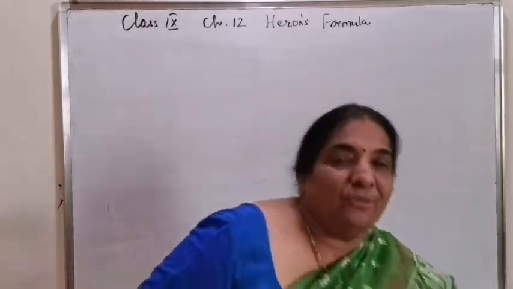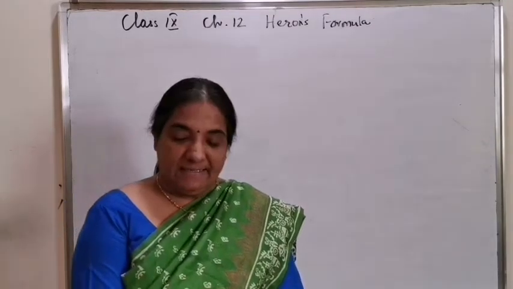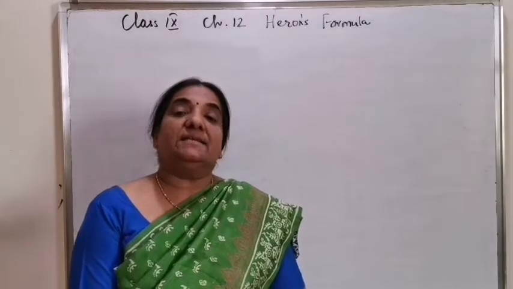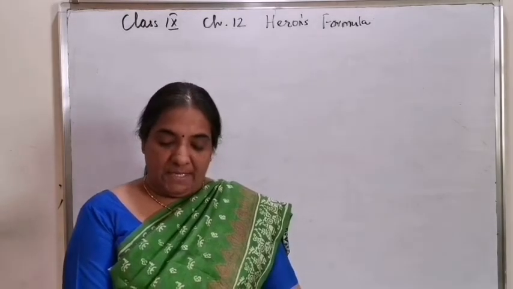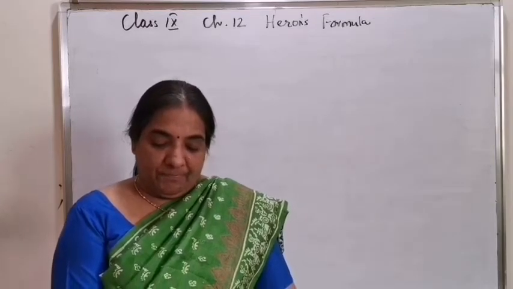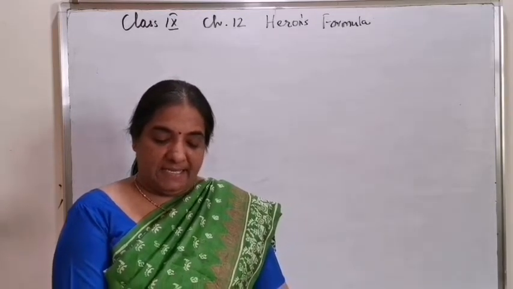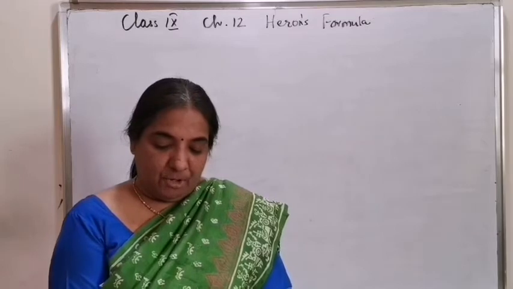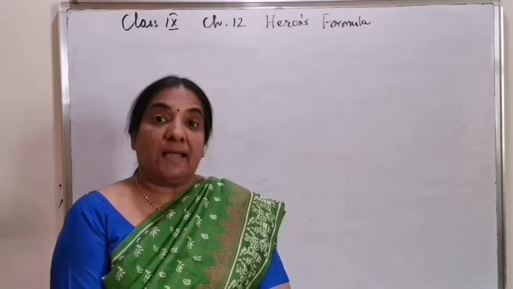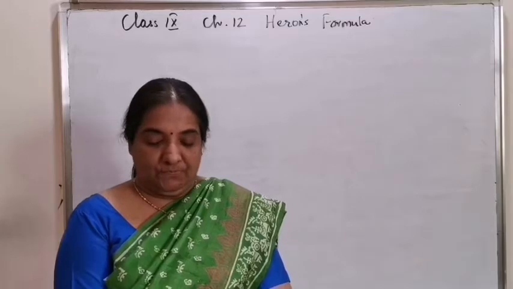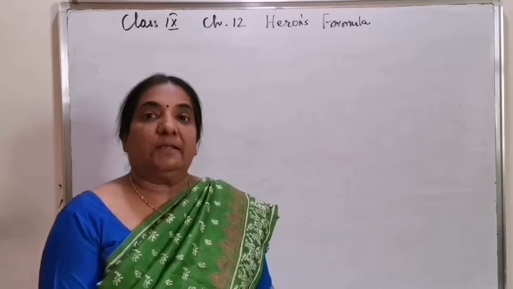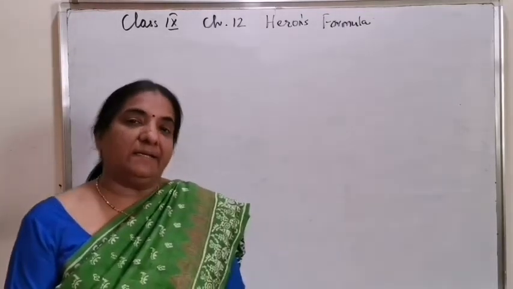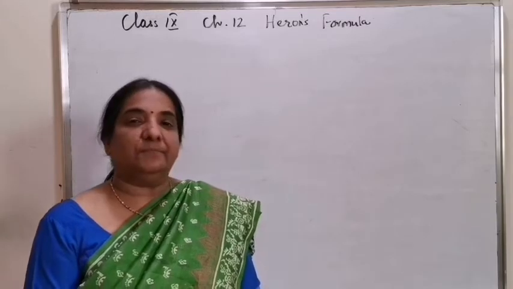Heron is the name of the mathematician. He was a Greek mathematician who gave many contributions to the lesson of measurements. Many of his contributions were for the area of triangles, rectangles, squares, then for regular polygons, circles and three-dimensional solids also. Heron's formula he deduced for finding the area of a triangle.